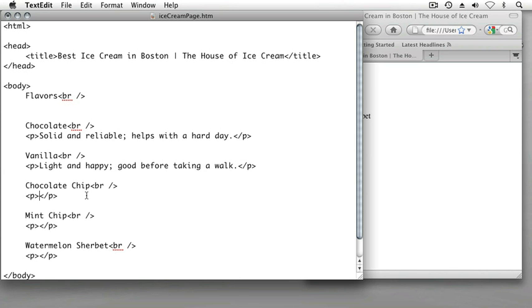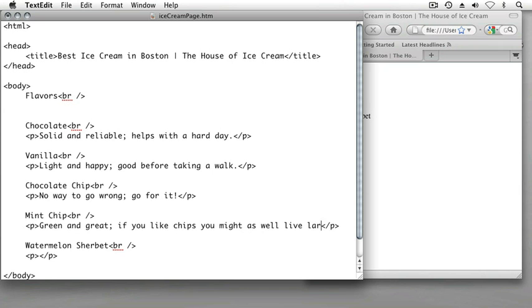A little description for chocolate chip, no way to go wrong, go for it. And I'll do the same for a mint chip, green and great. You like chips, you might as well live large. And for my last item, I'll add a simple description, good for you, and tastes good too. Now that I've typed my copy,